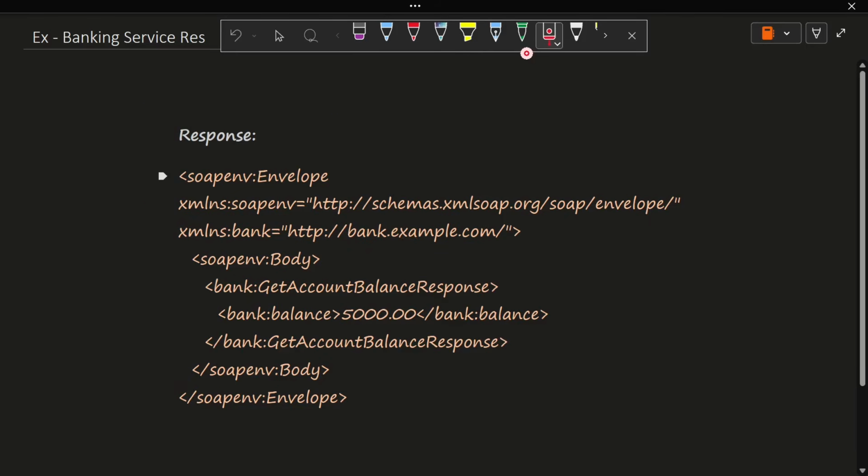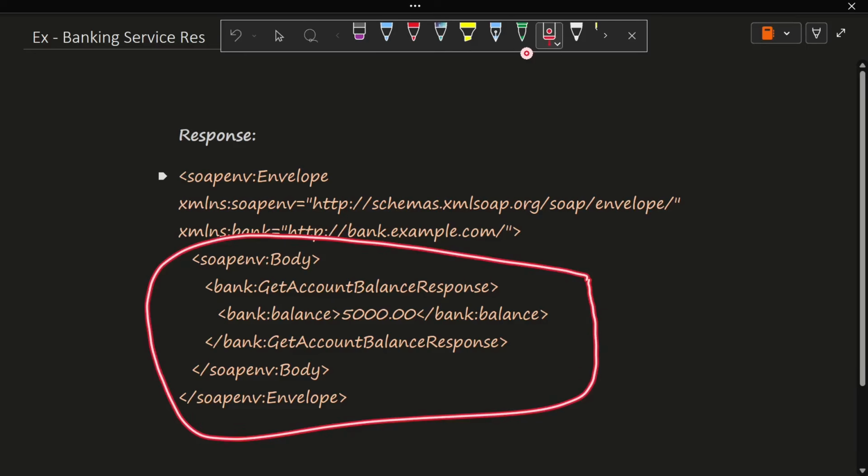Let's move to the response. If I talk about the response, what you get is you get account balance response. So it returns a number, like let's say you have 5,000 in your balance, and this is the main body. If I talk about the main part,